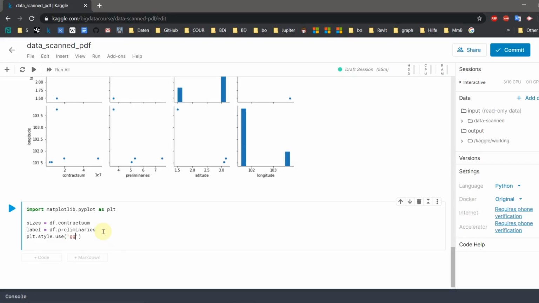The style for the chart is ggplot. Figure size, chart size, let it be 20 by 20.